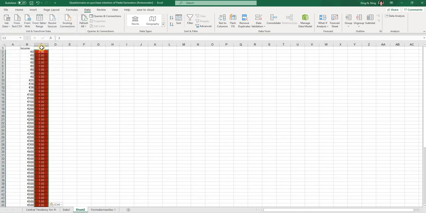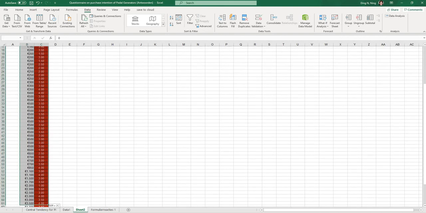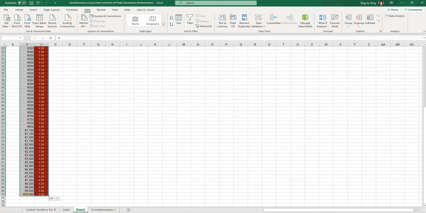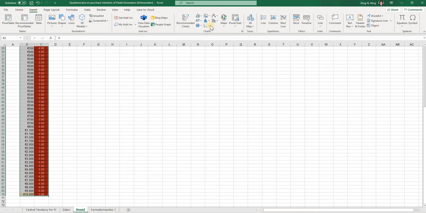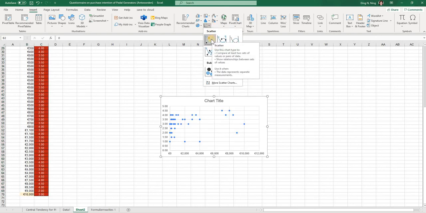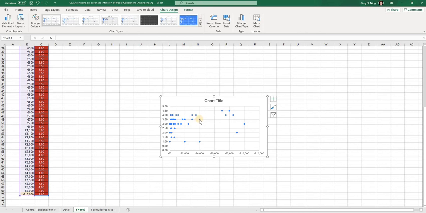Now, this is the purchase intention, PI. I wanted to find whether the income is related with the purchase intention. I have several ways to do that. First, a good habit is to visualize them. I can select this data, go to Insert, and in P4 statistics, we have learned the scatter diagram is the best way for us to visualize it. So this is the one that I can visualize it. Now, I can also add a trend line. I select any data point,